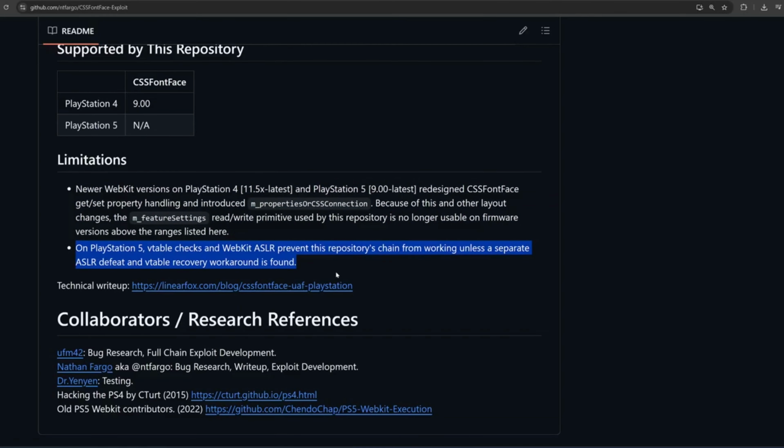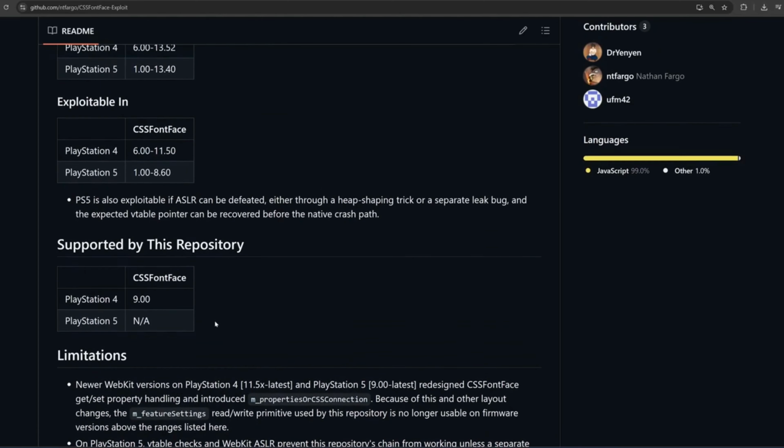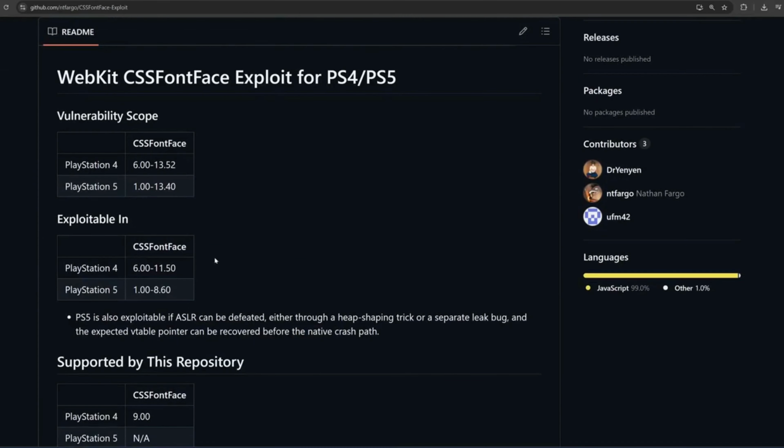And again, on PlayStation 5, vtable checks and WebKit ASLR prevent this repository's chain from working unless a separate ASLR defeat and vtable recovery workaround is found. So it requires a separate ASLR defeat method for PS5s in order to get it to work on the PlayStation 5. So yes, we have a new WebKit exploit, but there are significant caveats, as it's going to work on